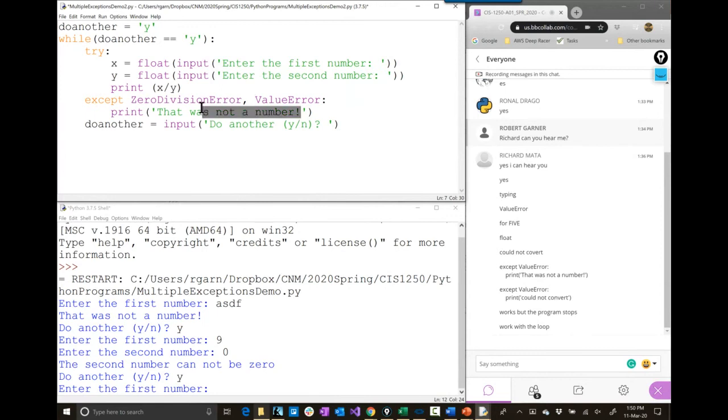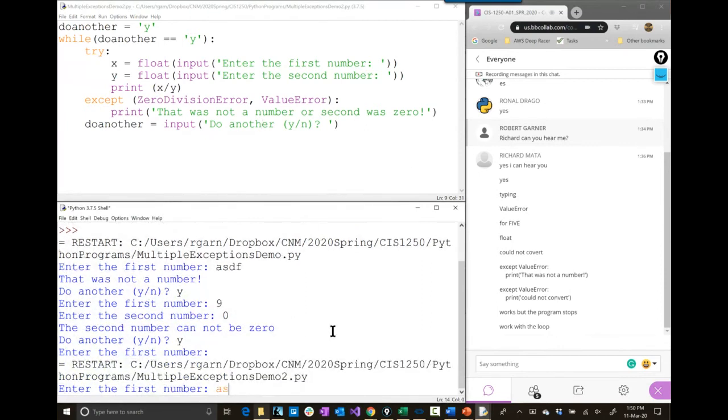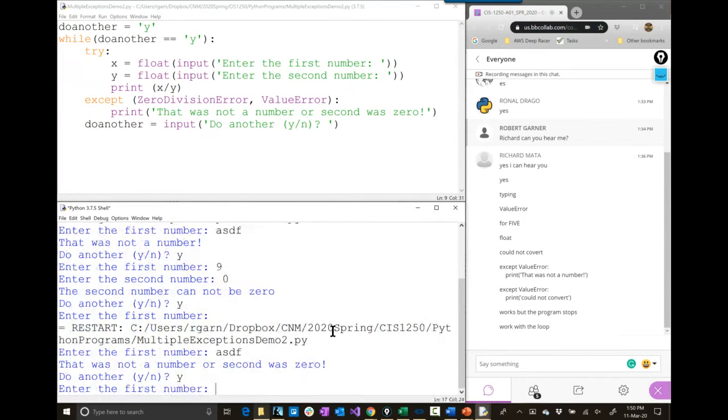If I do this though, what error message can I put? I have to do something goofy like 'or second number was 0', right? And if we do that, maybe it needs to be in parentheses. It will work,